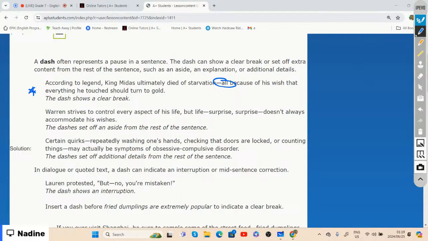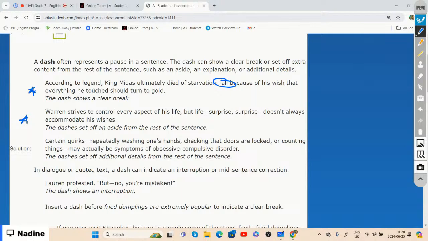And that was the example I made earlier, where I said that I'm sure he died of starvation because he thought that if he were to touch food or water, it would automatically turn to gold, which means that he could not eat. Right? If we look at the second one,